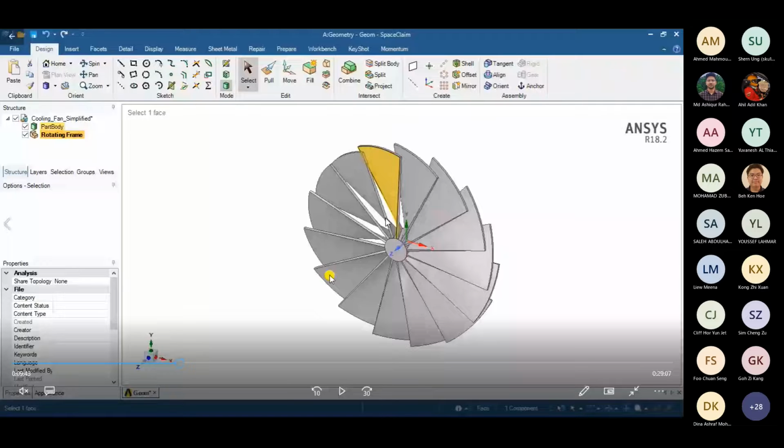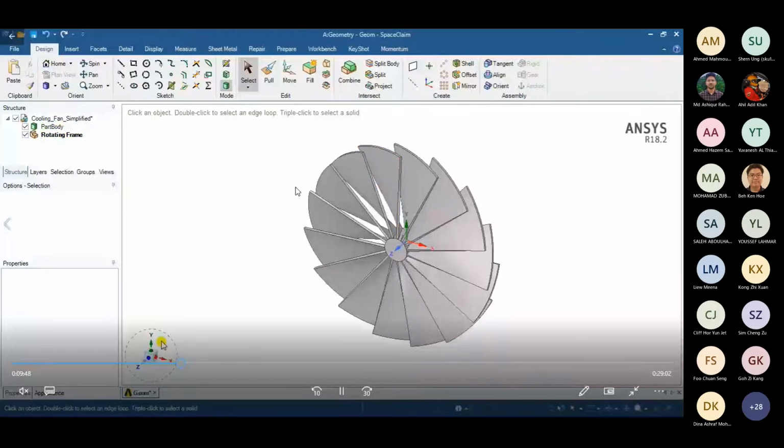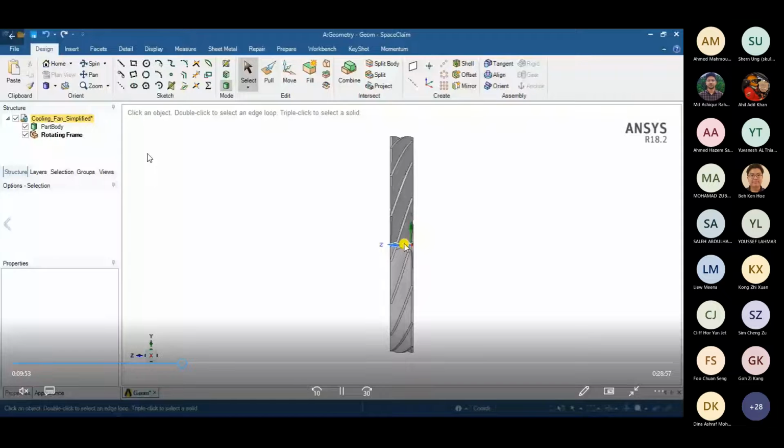How do they convert it? Basically, they create some Boolean operations so that they can capture the fan body as a surface inside a rotating frame, inside a different frame, and the rotating frame surface acts as a connection part with the stationary frame.